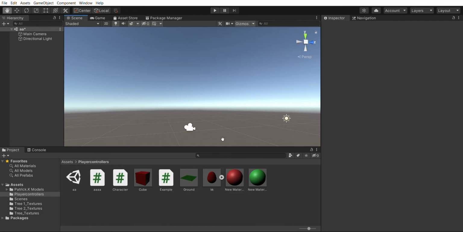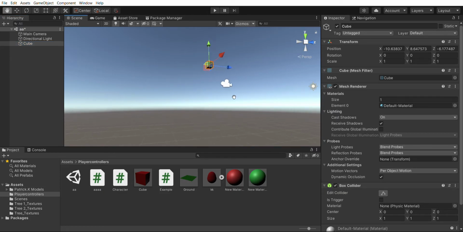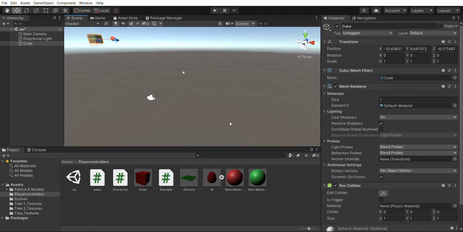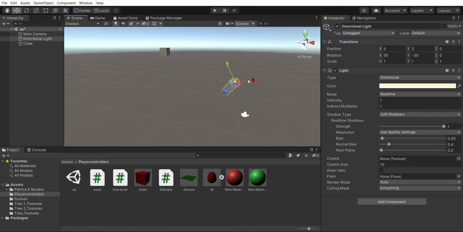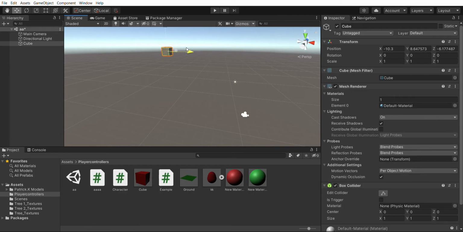Then what we'll do first is right click here, select 3D object and cube. I always like to make a cube, not anything else, for the first time. Let me move the cube.